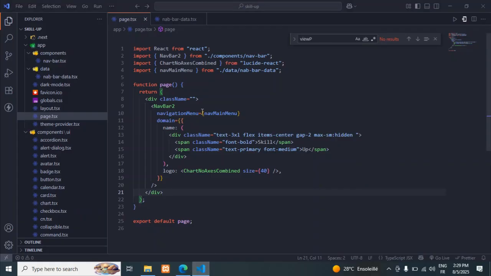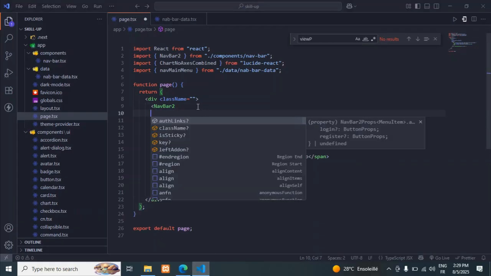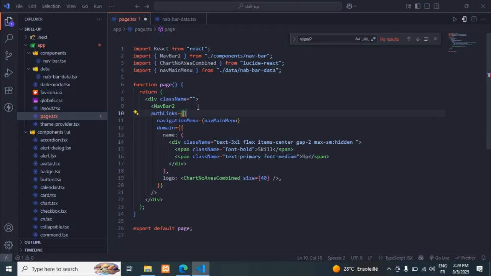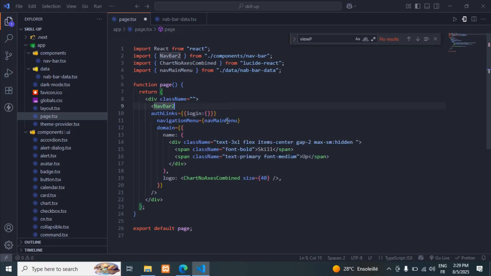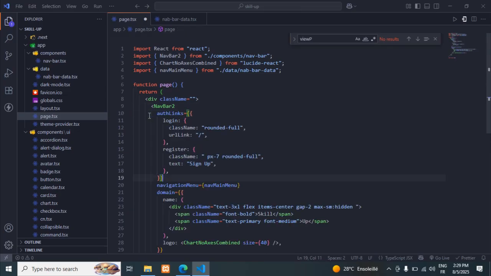Here we have another prompt called the auth links, and this auth links has two properties, the login and the register. For the login prompt, I have another object that has all of these properties to be able to access them. Just to save some time, I'm just going to paste the actual prompt, and this is what we are going to change. So for the login property, we're going to make the rounded as full,